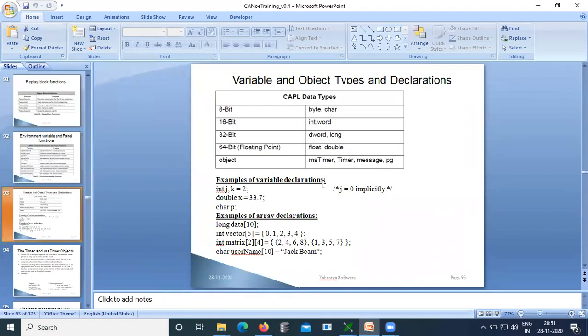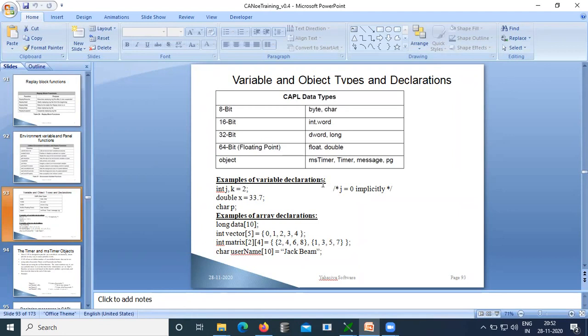Byte and character variables will have 8 bits. This is similar to C programming. The only thing is, in C programming we don't have a data type called byte. Here we have char, and additionally we have byte as a data type. There is no difference between these two.